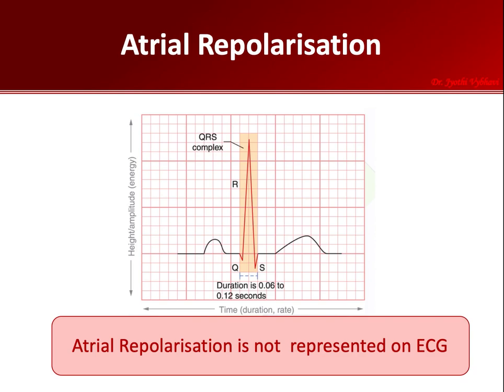But compared to the ventricular depolarization, that is the QRS wave, the atrial repolarization electrical vector cannot be picked up by the ECG machine. So we can say that the atrial repolarization wave is masked and is unable to move the needle independently, because at the same time a major electrical event, the ventricular depolarization, is happening. So atrial current is weaker and very tiny compared to the strong ventricular QRS waves, and hence atrial repolarization, even though it is happening, is not represented on the ECG.